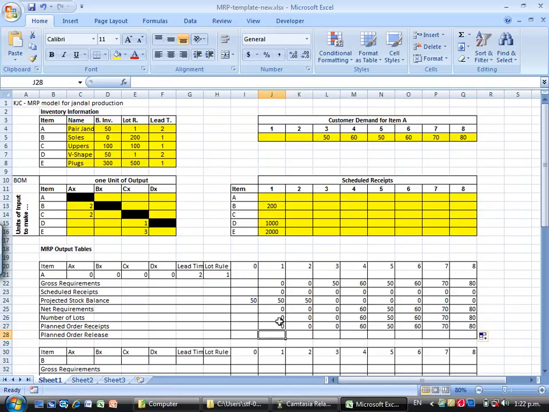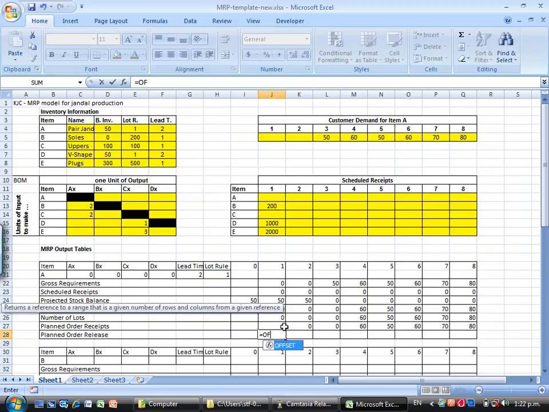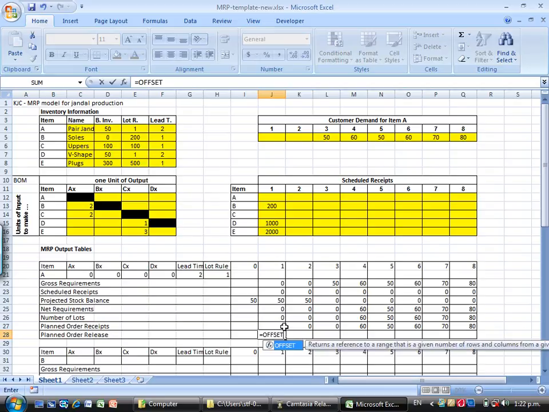Now the planned order release, we're going to use a slightly different function this time. We see here we have a lead time of 2, so we know to receive 60 units in this period you have to go back to that period there and release, have a planned order release for 60 units in that period. Now we're going to achieve this using what's known as the offset function, and you see here Excel's